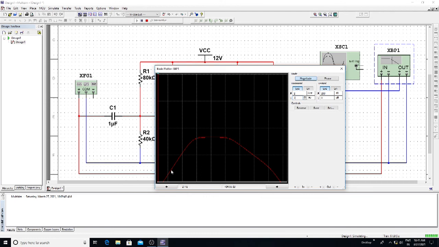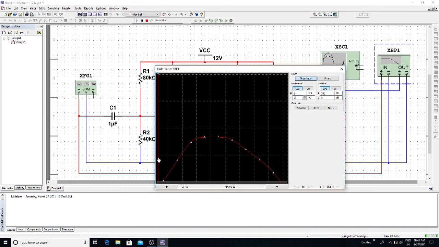If you click on the graph, right click, select marks on the trace, you will get different marks here. Each mark indicates frequency and gain. Gain is placed on the x-axis and frequency on the y-axis, right? Frequency in hertz, gain in dB.